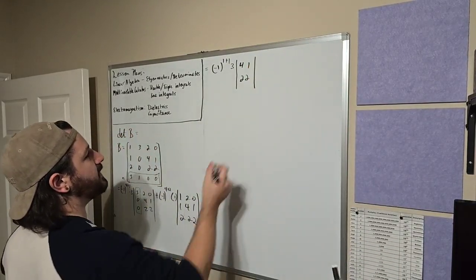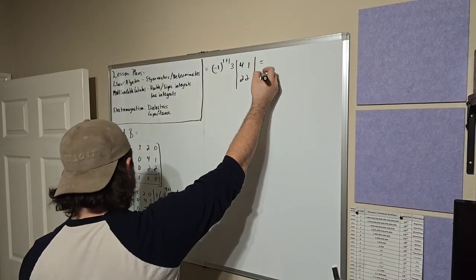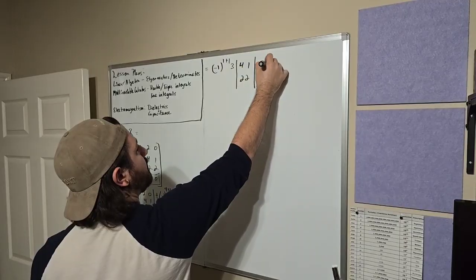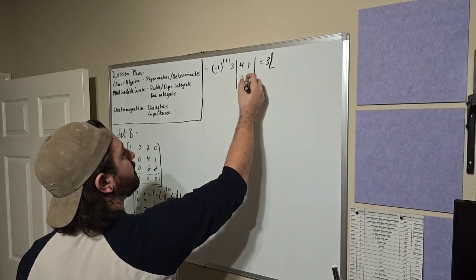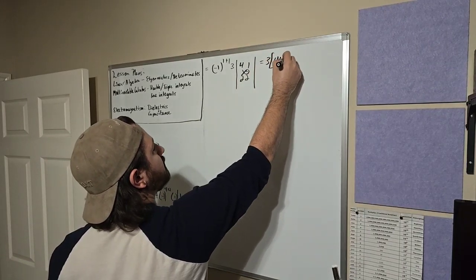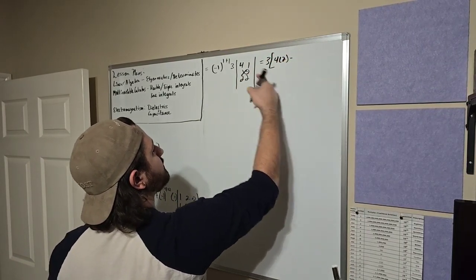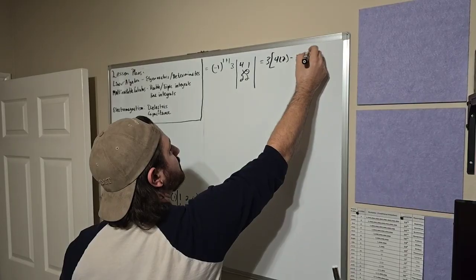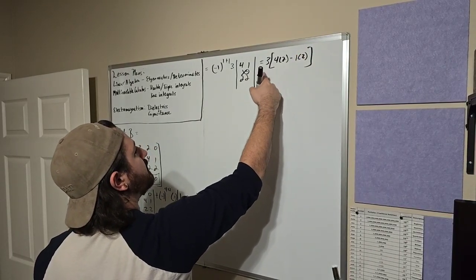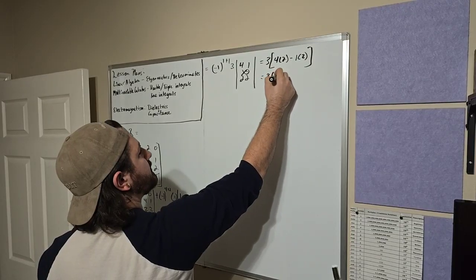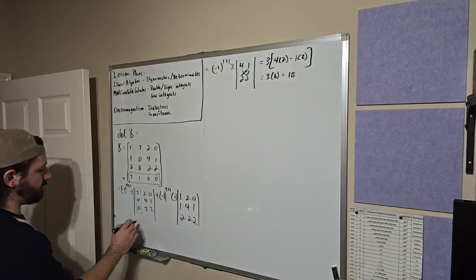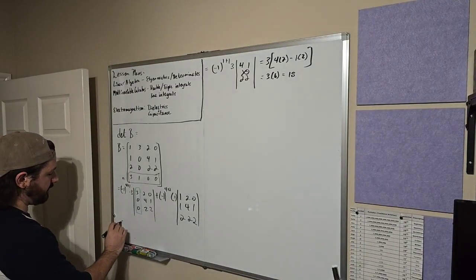So we can solve this one out, and then we'll do the next minor as well. So in this case, negative 1 to the second power is just 1, so we just have 3 times, and then we have our fishy, right, with our eyeball. So you have 4 times 2, and the eyeball tells you the next one is minus 1 times 2. Okay, and then that's 8 minus 2 is 6, so we have 3 times 6, which is 18. So now we know our determinant of this inside piece is 18. So I'm going to go ahead and start writing the bottom